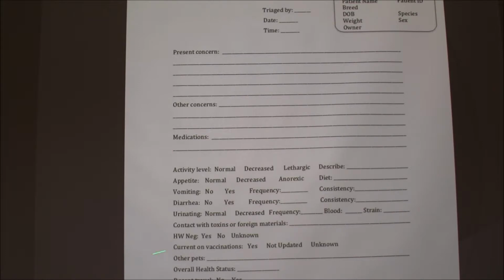And then, are they current on vaccination? That's very important. Since vomiting and diarrhea can be symptoms of all kinds of things, it's definitely important to differentiate what we're dealing with. And then I'll take this form to my vet, and I will brief them on what's going on